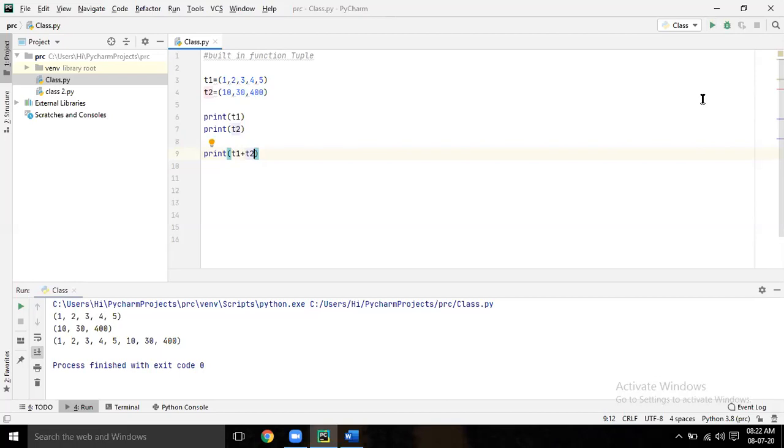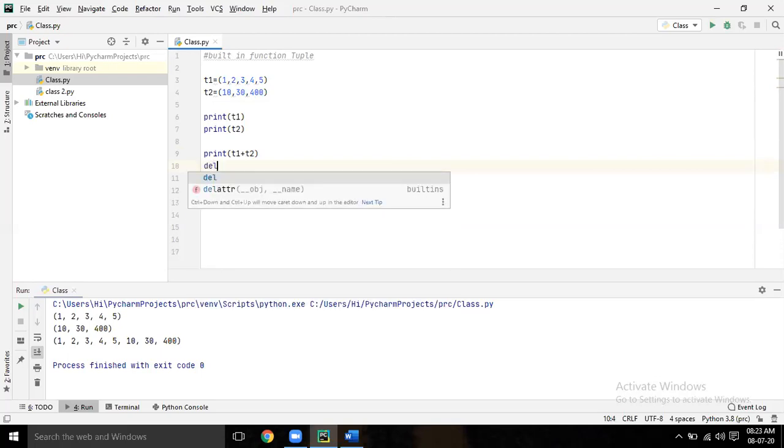Okay. Now do del T1. I want to delete the tuple. Del T1. Run it. Can print, sir?